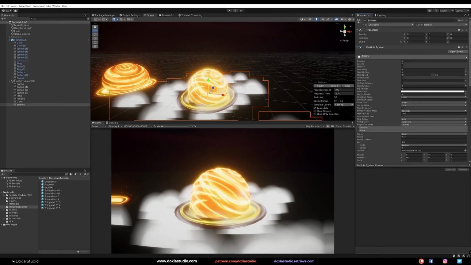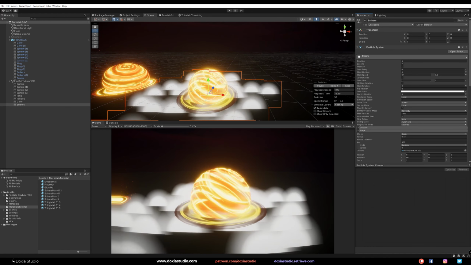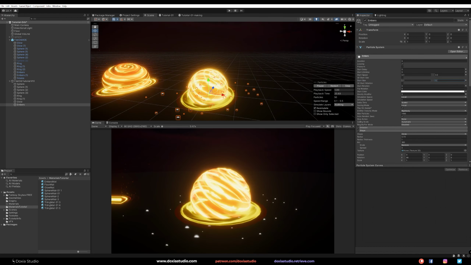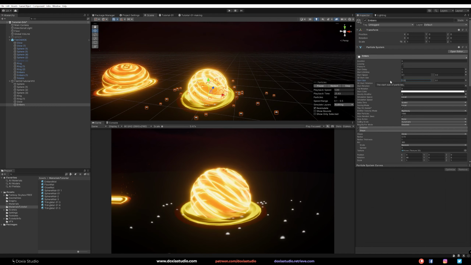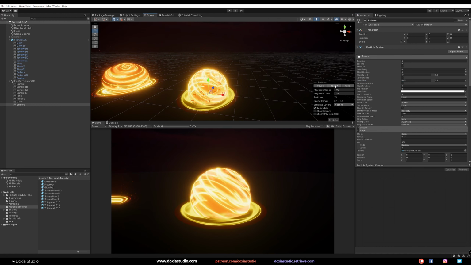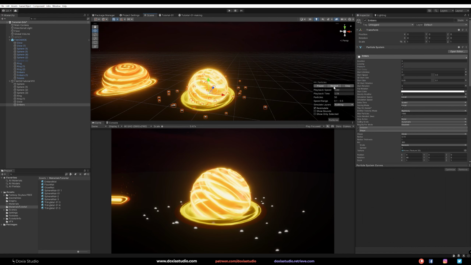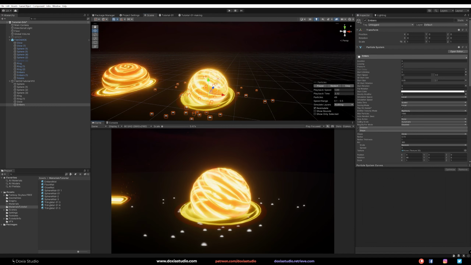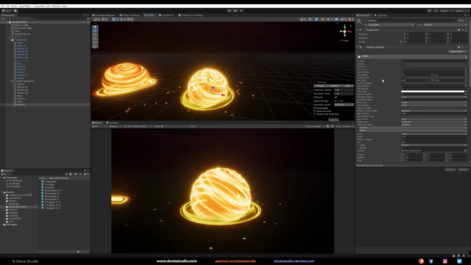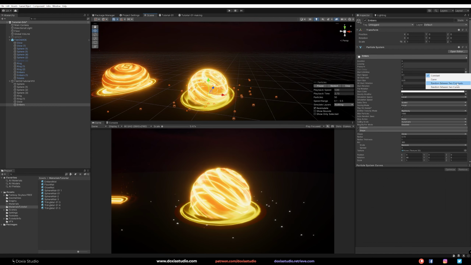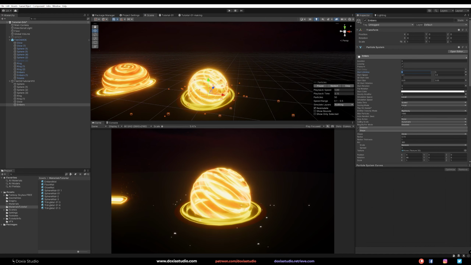And the size, let's go with random between two constants. And I really want really small particles of 0.05. Let's go with pretty warm. And they are still way too big. So 0.05 and 0.01. Okay. And the start lifetime, I want to change it to between 1 and maybe 2.